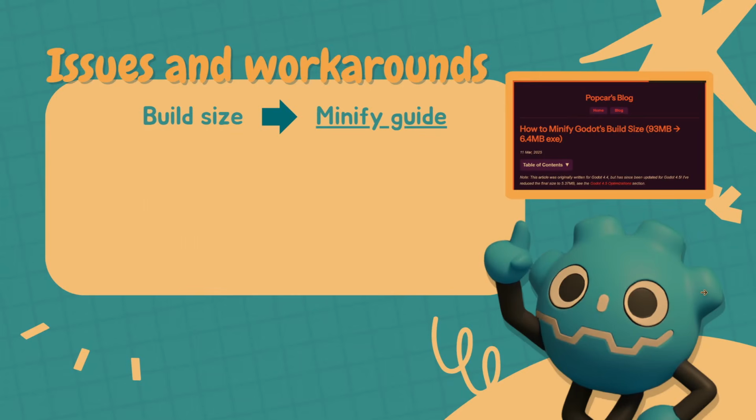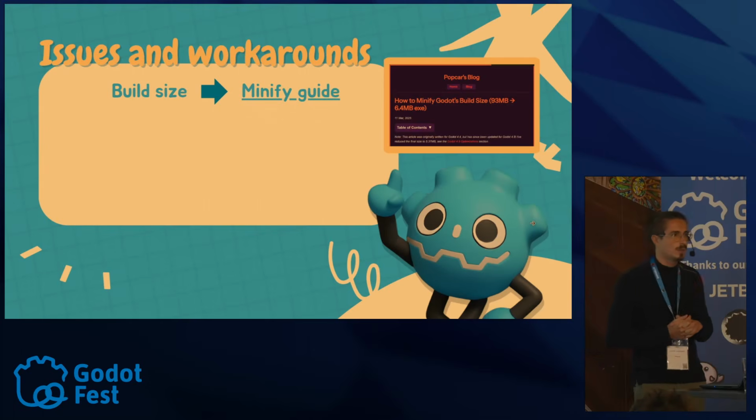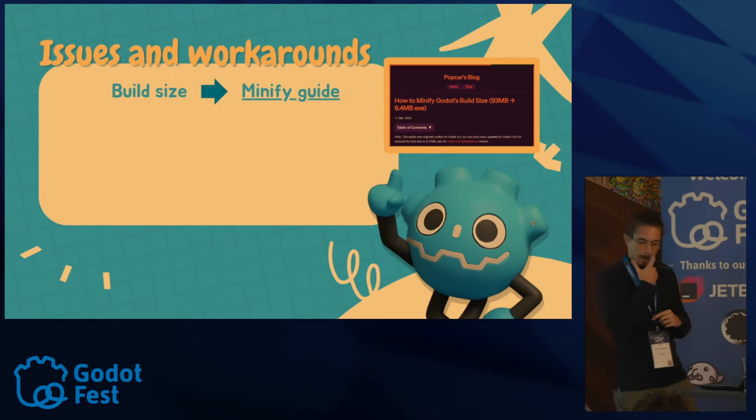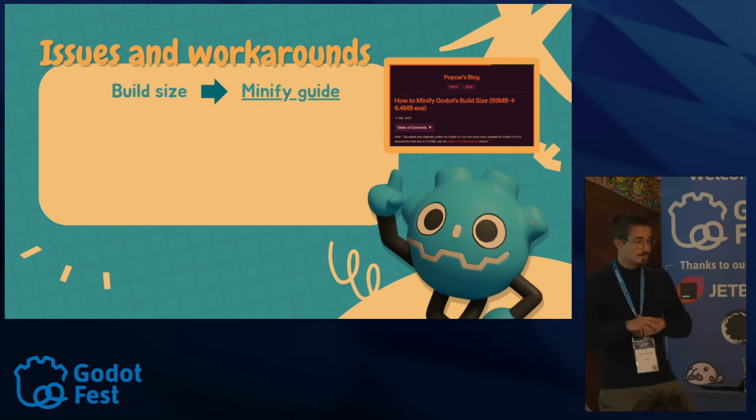For example, my game did not use any 3D, so I just removed this part from the engine. This guide explains how to remove all these unnecessary parts, and you can improve your build size by a lot. I managed to go under 20 megabytes for my game. I think around 70 megabytes. So this allowed me to publish the game and also mark it as mobile available.